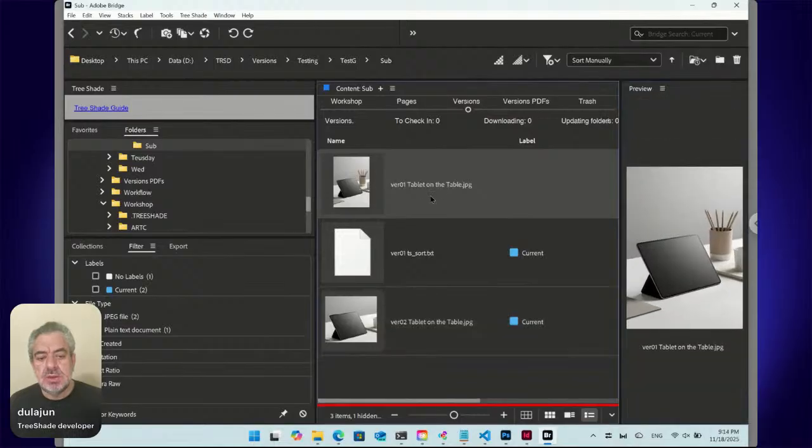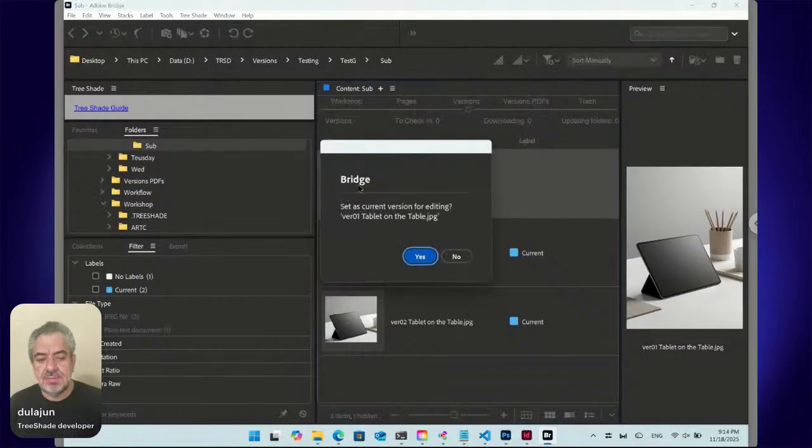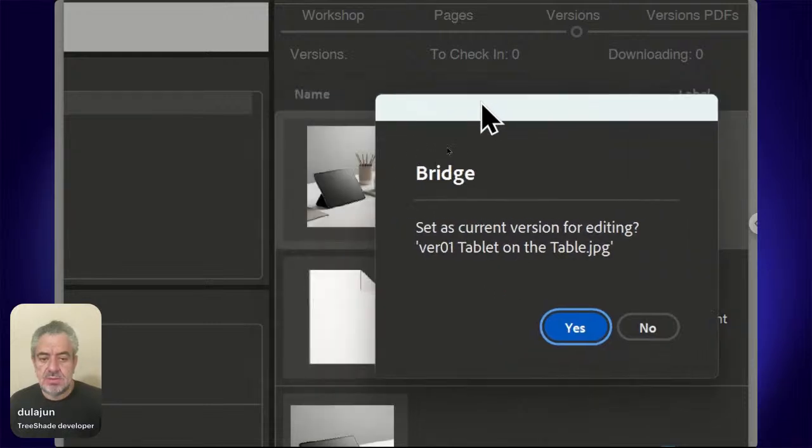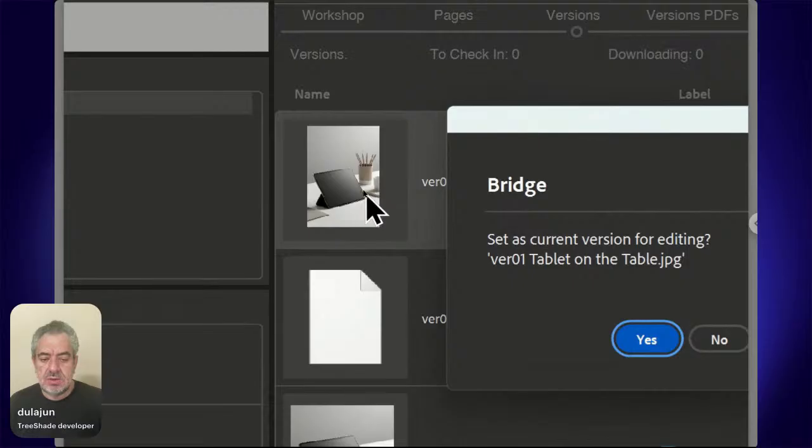So we don't edit ver01 directly, but double click on it, and TreeShade will ask you to set it as the current version for editing. Click yes, and the file will be checked out, so the workshop copy will be updated depending on this file,